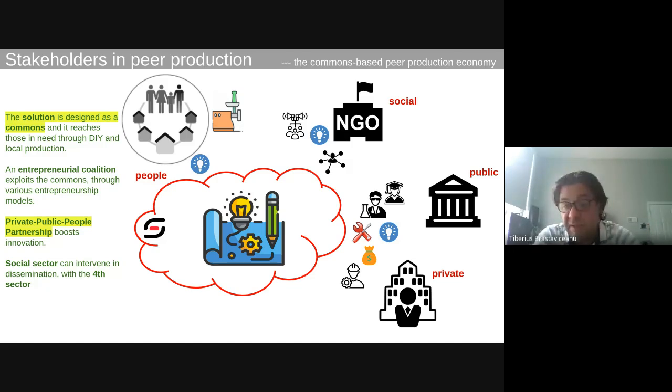So the private company, you offer them a deal to manufacture this. To the public institution, you offer them an opportunity for a student to do a master's thesis on the project, or a PhD thesis on the project, and to validate their research and to publish new papers, which is their currency. And the NGO, you offer them the possibility to tie relations with their clients, their local communities. So everybody has a stake in it, and everybody then contributes stuff. So resources flow this way into the production unit.